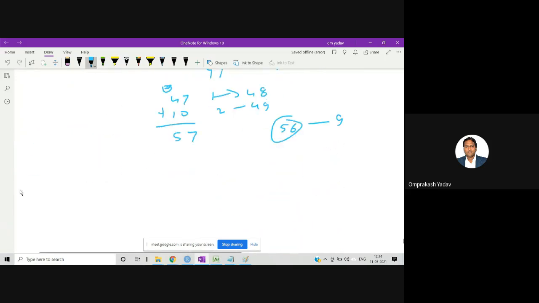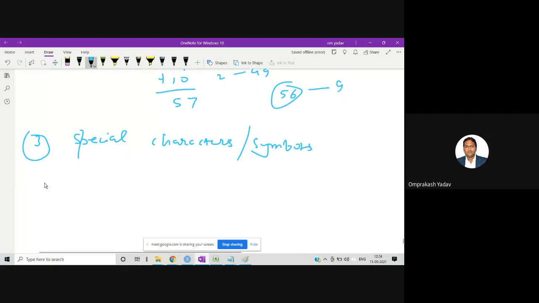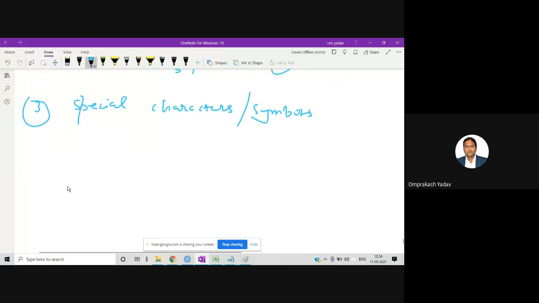Now it's the turn of special symbols. Special symbols are also called special characters. What do we mean by special symbols? Whatever operation symbols or any dollar symbol, for example, dollar is a special symbol. Tilde is there, cap is there, then hyphen, colon, comma, right?